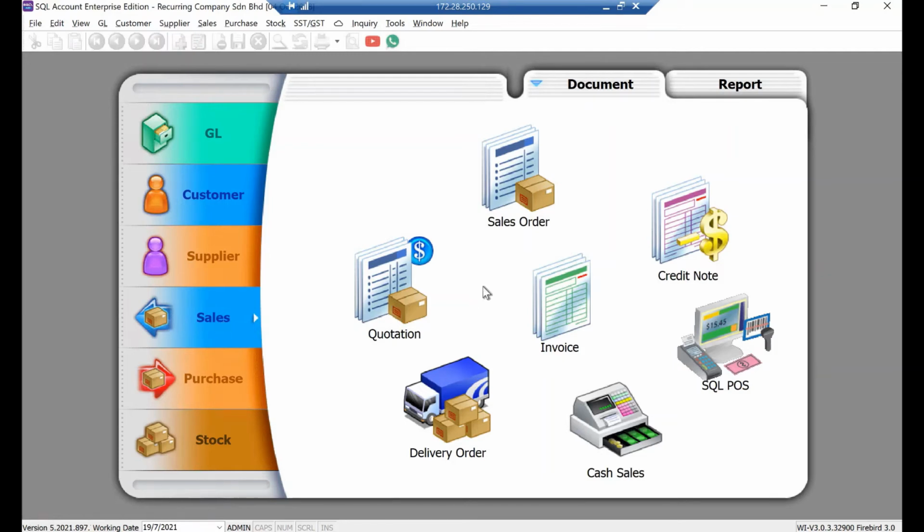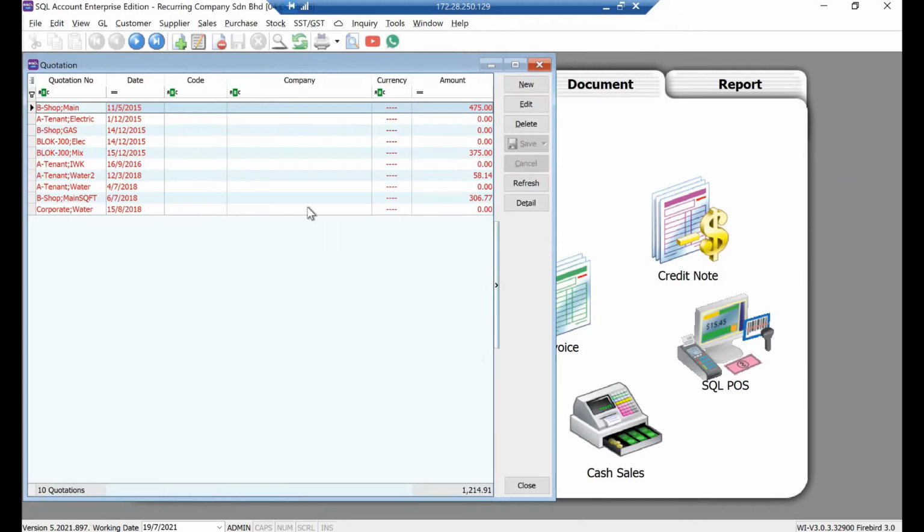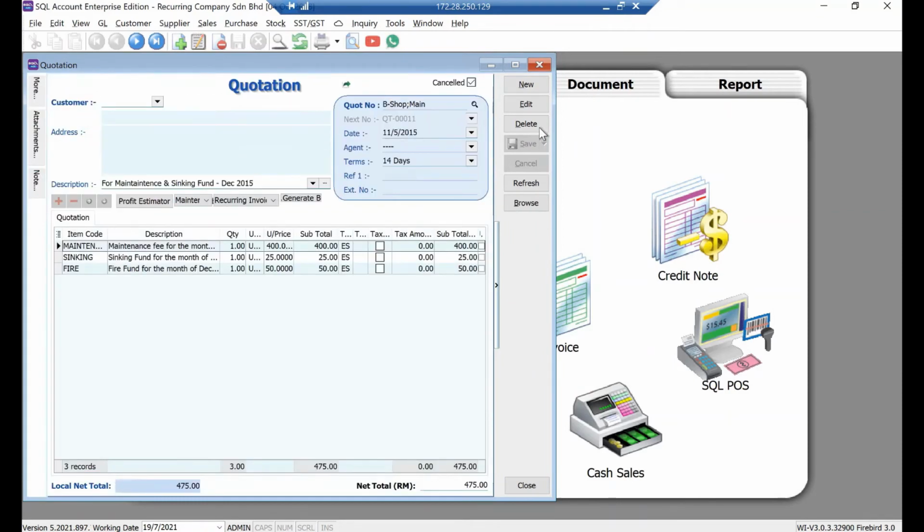We need to come to sales here, and come to quotation. What happens is we will need to create a set of templates for different kinds of billings, and after that we will need to tag your customer to that particular billing. Alright, so let's say for example I want to use this template. All I need to do is come here, edit, and let's say I want to do